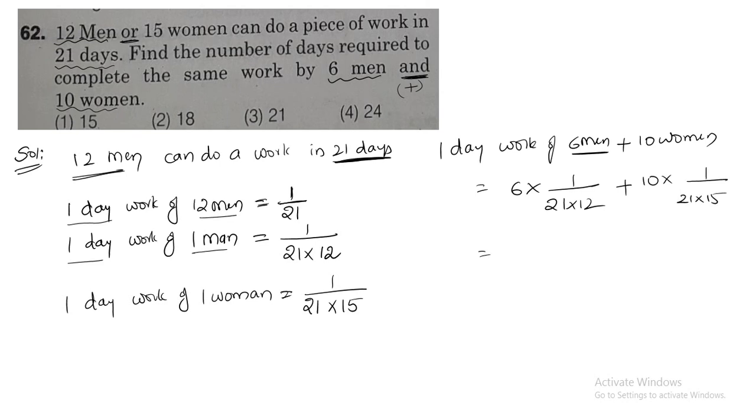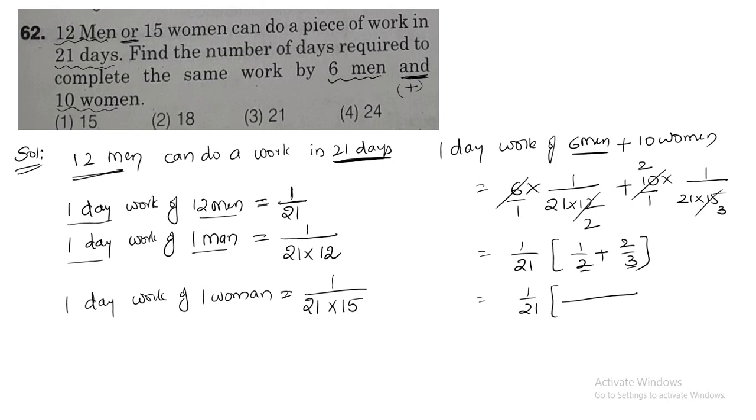Now since we don't have anything in the denominator, it is nothing but 1. So in 6 table I can cancel this 12 2 times, in 5 table I can cancel it 2 times, and this 3 times, right? Next, further simplification is not possible, so I can directly take 1 by 21 as common, then here I am going to have 1 by 2 plus 2 by 3. So this I can write as 1 by 21 into, so what is the LCM?